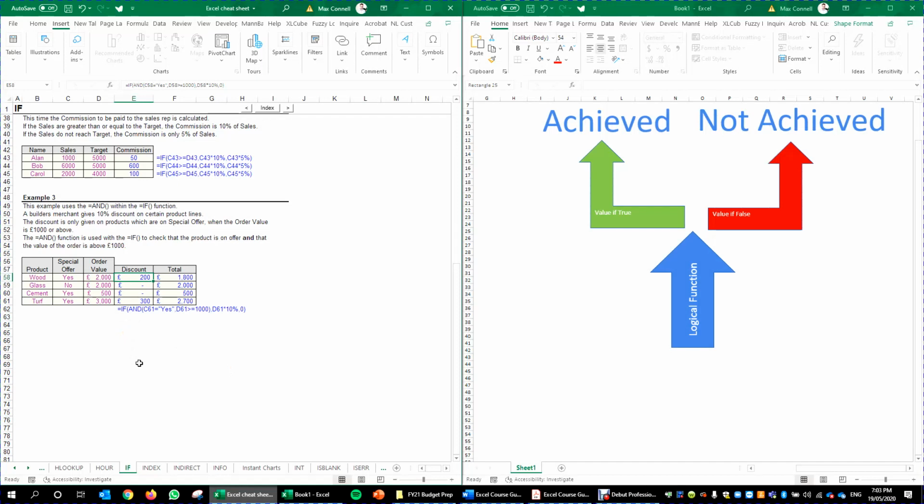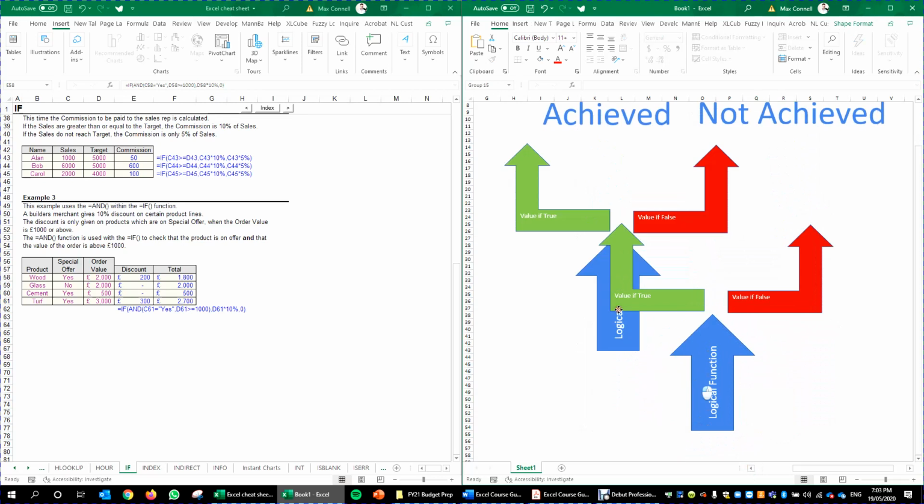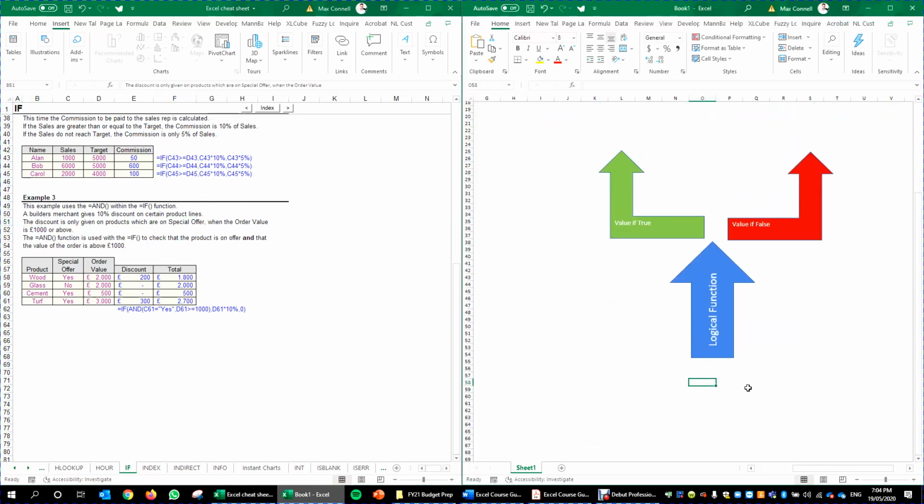In the last video, we also discussed on a high level what nesting is. We discussed how we can have one of these on top of another one. It doesn't have to be this IF function, it could be something else like an AND. But in either situation, this is the logical function here. Over here, we've got a situation where we want to give a discount if the product sold is on special offer, number one, and number two, if the order value is $1,000 or above. What we want our logical function here to be is